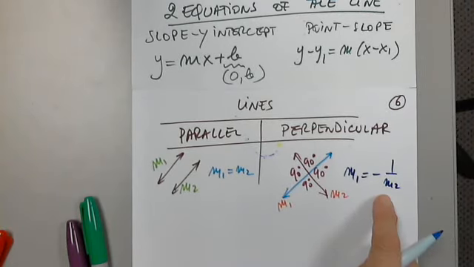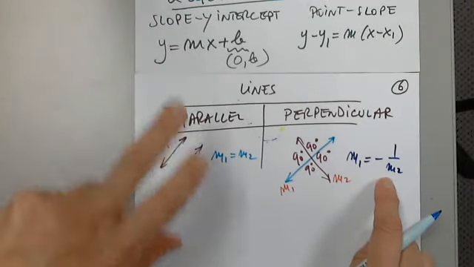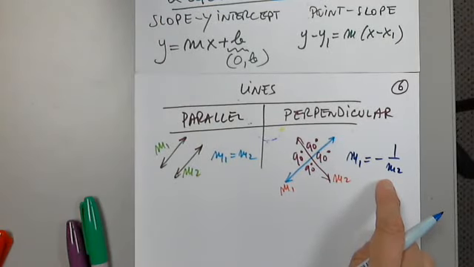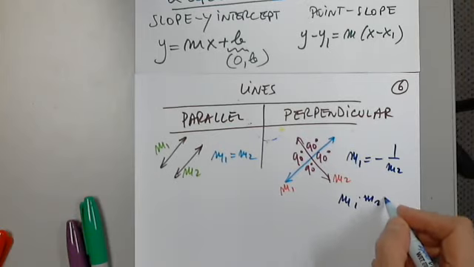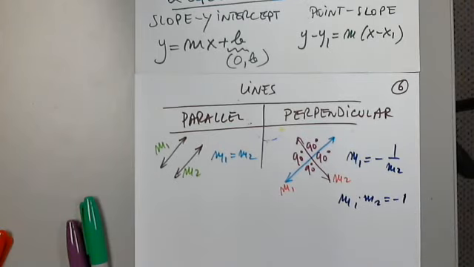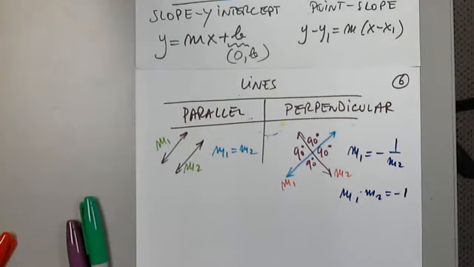I don't remember it like this because it's a mouthful. M1 equals the negative multiplicative inverse of M2. Instead, I cross multiply. So I say M1 times M2 equals -1. So in short, two lines that are perpendicular have to have the product of the slopes equal to -1. But it's the same thing. It doesn't matter. Whatever you're used to, don't change it if you don't want to. So you either say M1 equals the negative multiplicative inverse of M2,